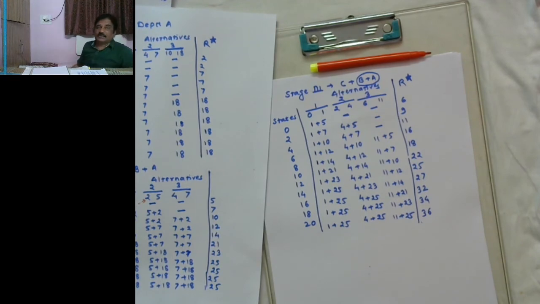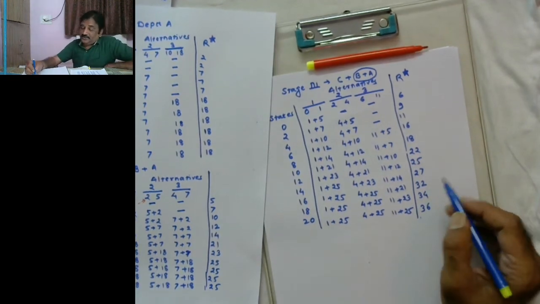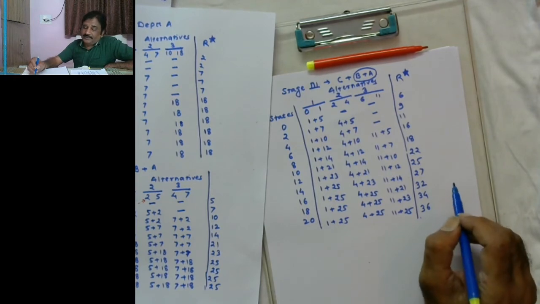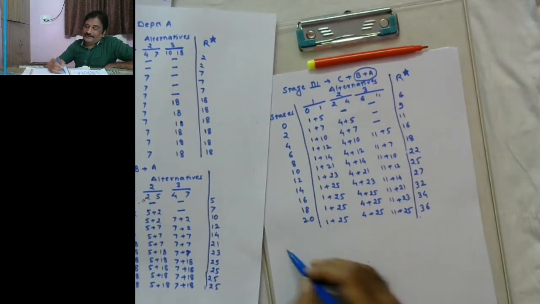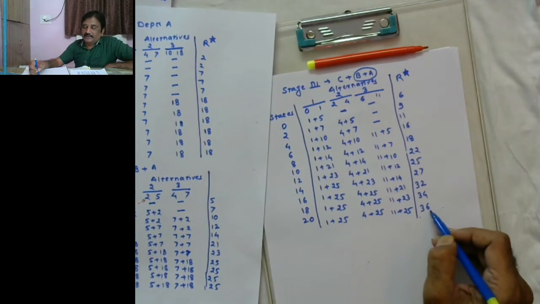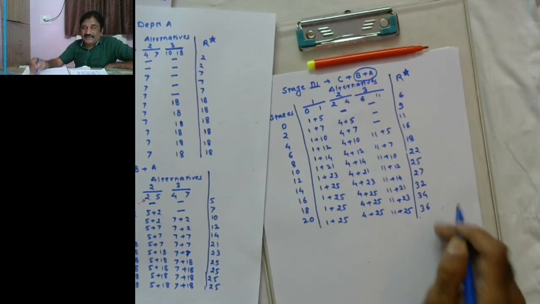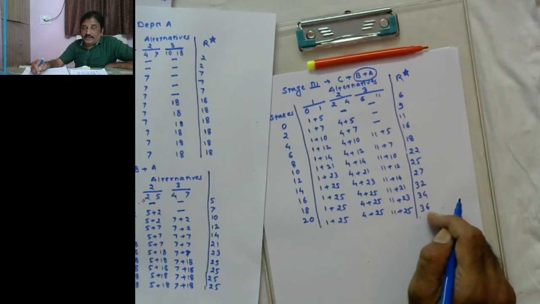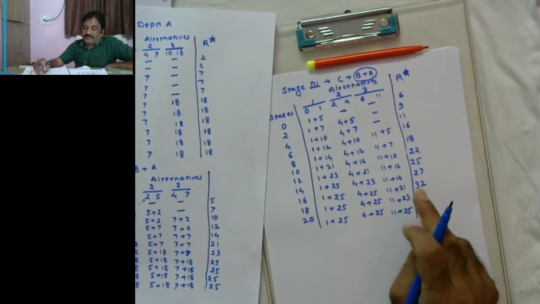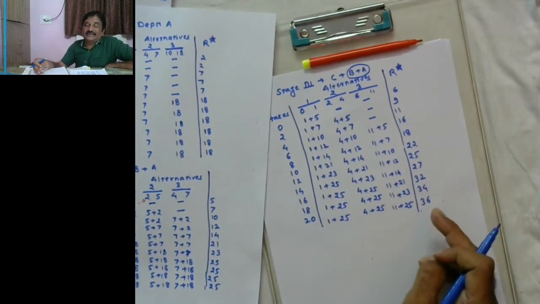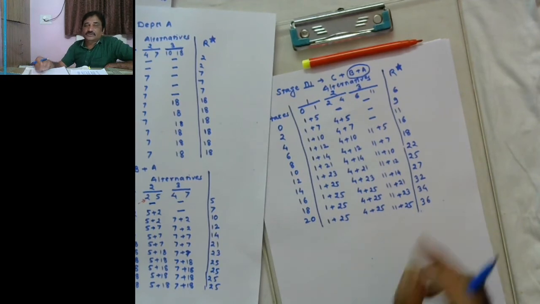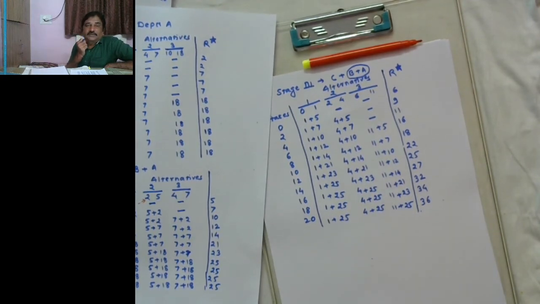So it is very clear to all of us that you get the best return by investing the full amount, 20 crore rupees. For 30, you are getting the return of 36 crore. Maximum return 36 crore. Okay. Sometimes it may be the case that for 18 crore also you get the return of 36 crore. So if you are getting 36 crore return by investing 18 crore, and 36 crore return by investing 20 crore rupees, why invest more?